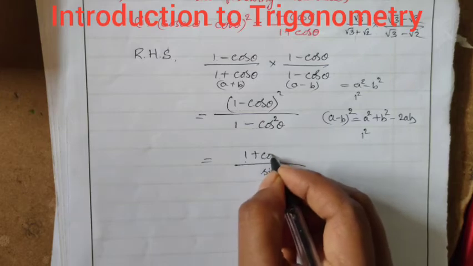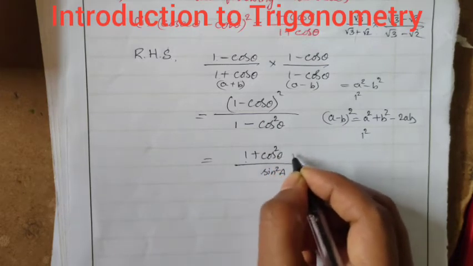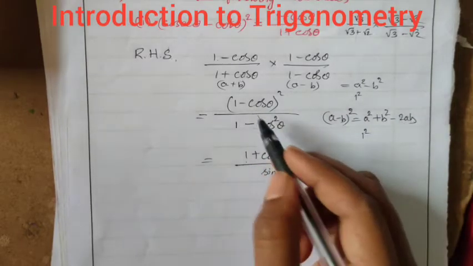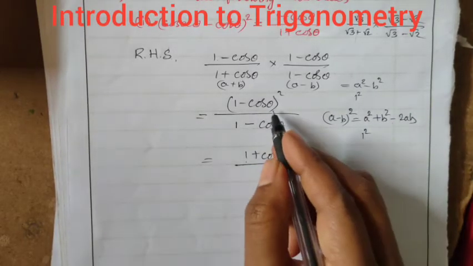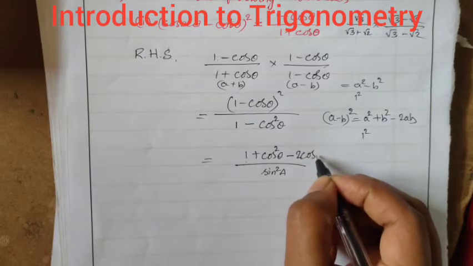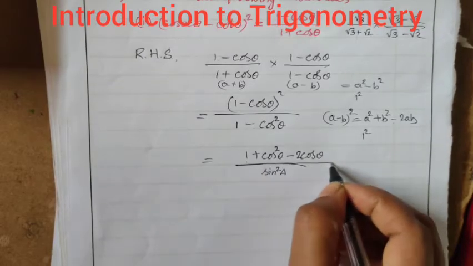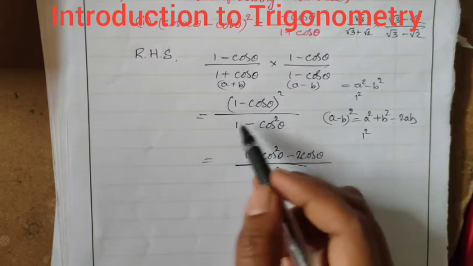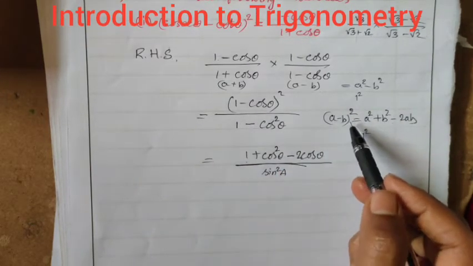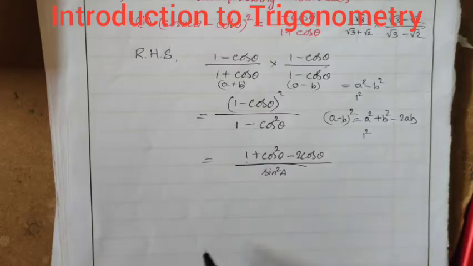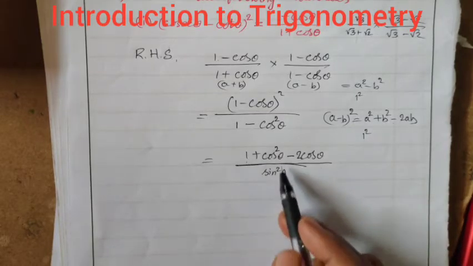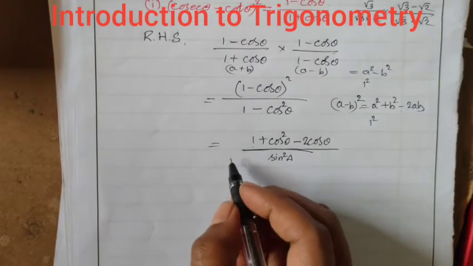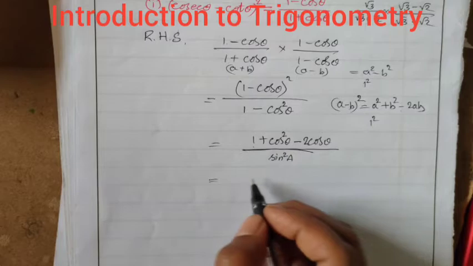So this becomes cos square theta minus 2ab. Minus 2, a means 1, 2 into 1 is 2, and b is cos theta, so 2 cos theta. So the numerator can be expressed by using this algebraic identity, a minus b whole square. Now you can observe this one. You can split each term. How to split this? It is very simple. So now I split this one.